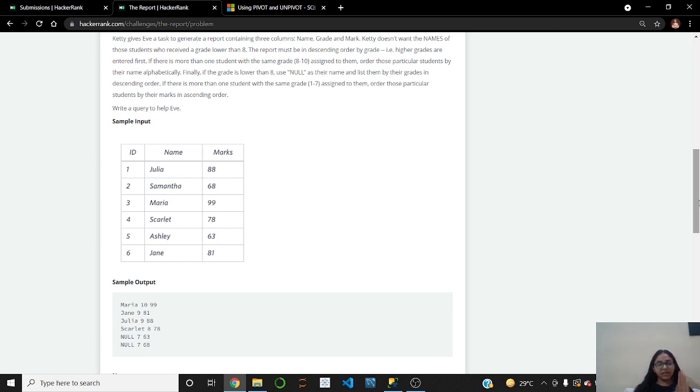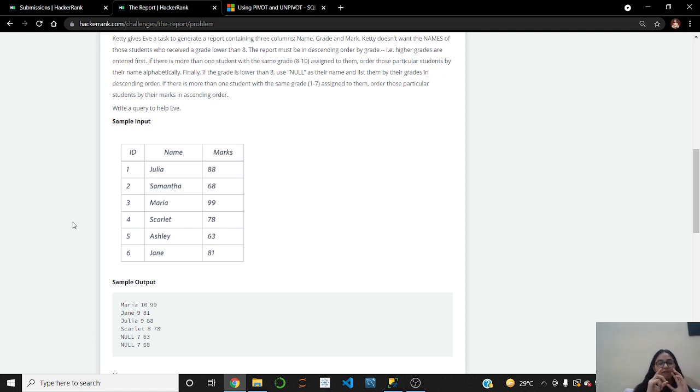The names of students, let us look at the grades 8 or above. And apart from that, the name should be displayed as null. That is a lot of conditions. Second condition is that the grades should be in descending order. As you see in the sample output, your 10, 9, and so on, every constraint that the question states.